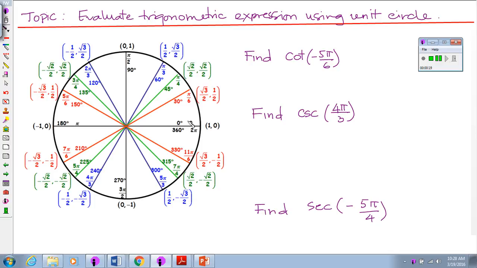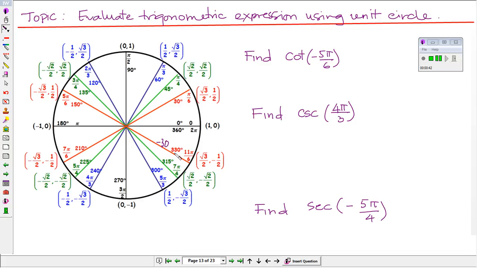So first you can look at all the angles on this unit circle. They are positive angles because the angles go in the counterclockwise direction. Now if we want to get negative angles, we have to go in the clockwise direction. So if I start at 0, right here this will be negative 30 degrees, the same thing as negative pi over 6, and this will be negative 45 degrees,